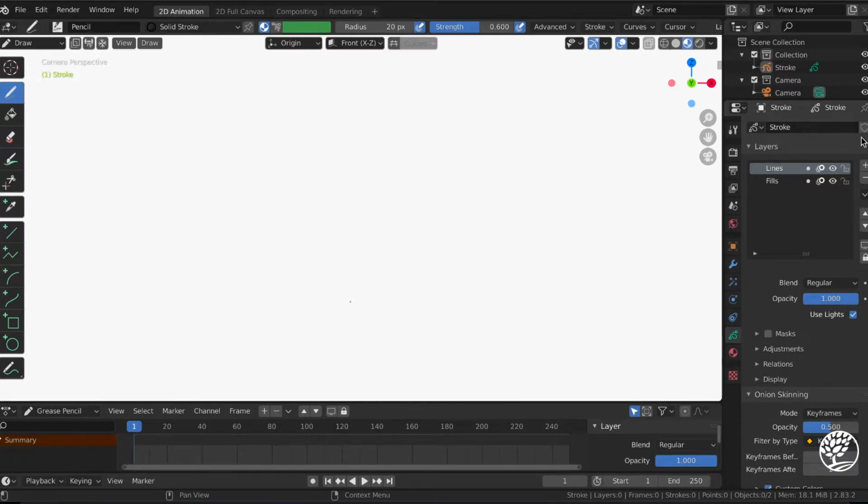And you can see I have a Layers menu here. It says Lines, Fills, and then various small icons to the right. And these are much like Photoshop, so we have something where we can create masks if we want to. We can do onion skinning, which I can get back to later. We can show or hide layers. We can lock them. And then right here we can add or subtract layers. And there's also a little context menu here, Layer Specials, and I'll be using that here in a bit to